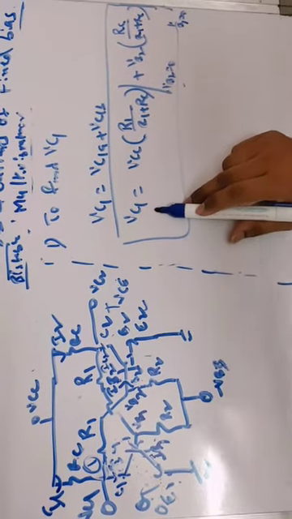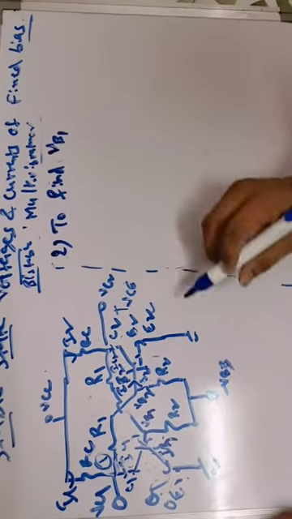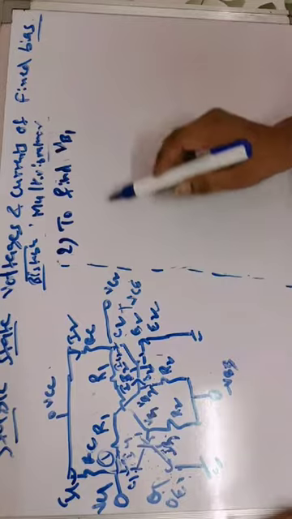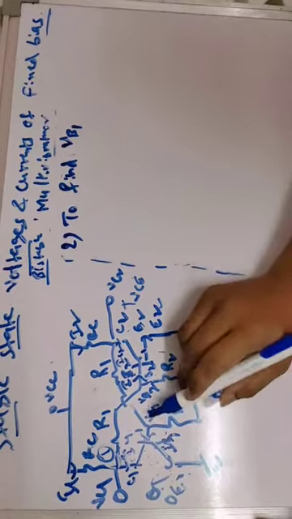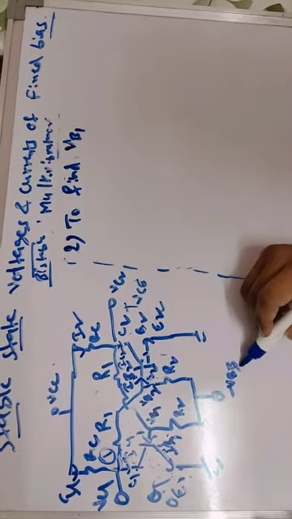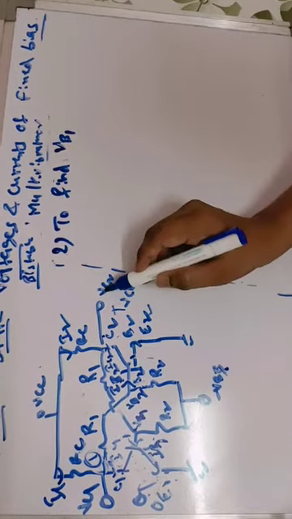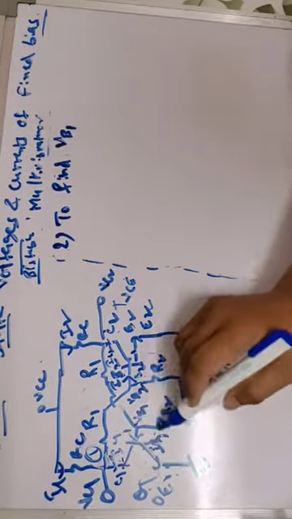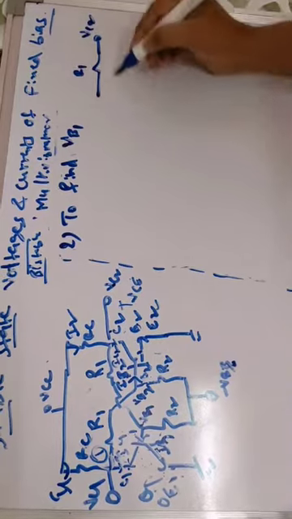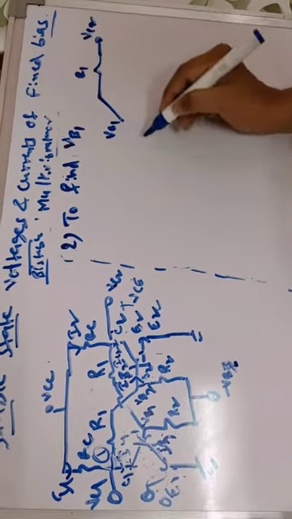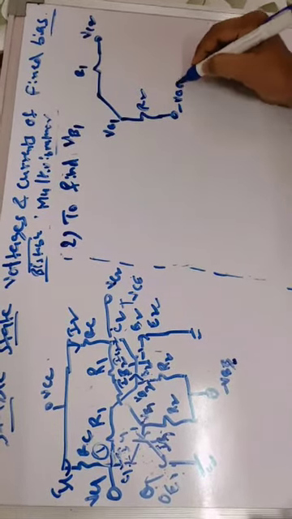This is the first one. Second, we will find the base voltage VB1. We already calculated VC1 here. VB1 is the potential which lies between minus VBB and VC2. So this is the voltage due to the voltage VC2 and minus VBB. This is open circuited here. If you see, this is the R1 resistor, the voltage at this point is VC2 and it is connected here. The potential at this point is VB1 and the resistance is R2, across which it is connected to minus VBB.